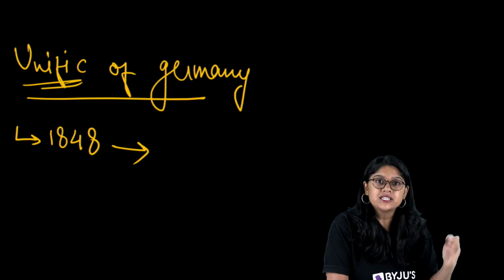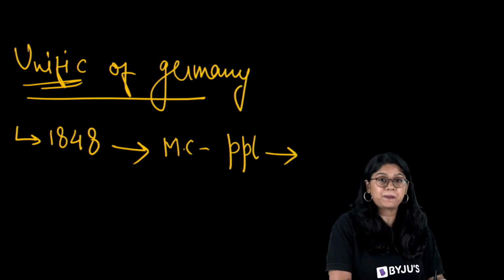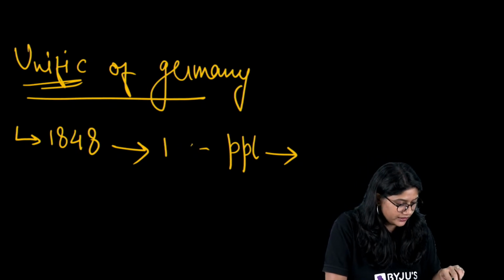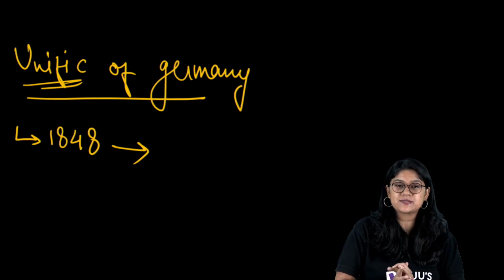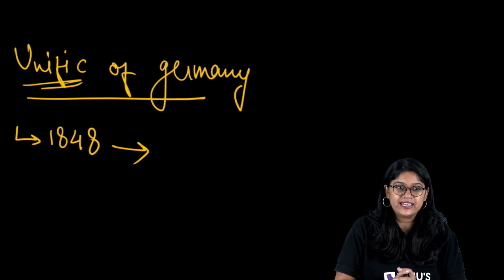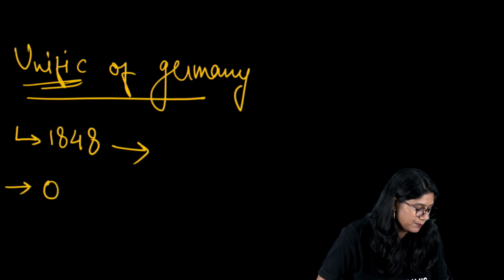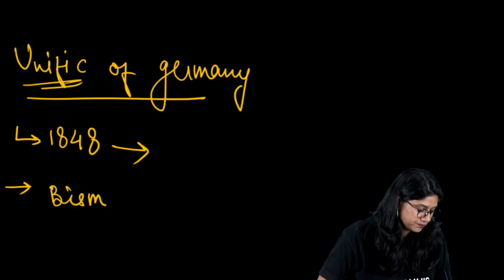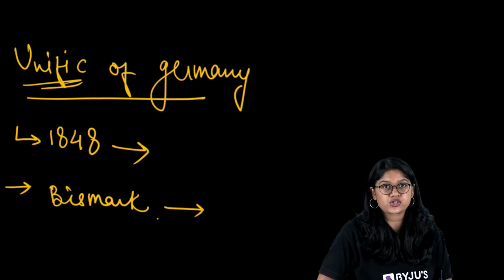1848, the middle class people came together. What they did actually, they went to the king of Prussia and said, we have a proposal for you. Please make us united. But of course, the king said no. But after some time, he said, you know what, it's a benefit. So of course, with the help of Bismarck, very good everyone, with the help of Bismarck,